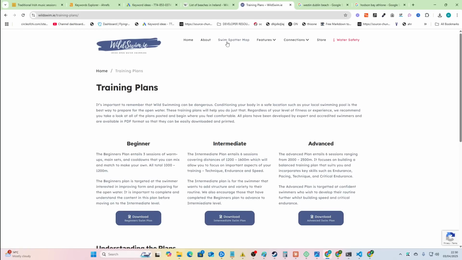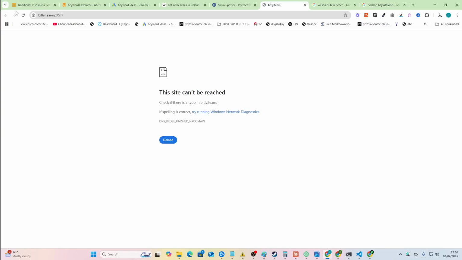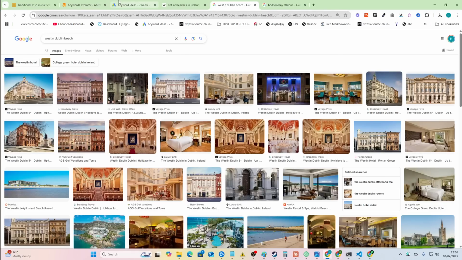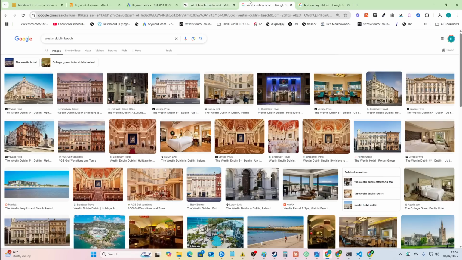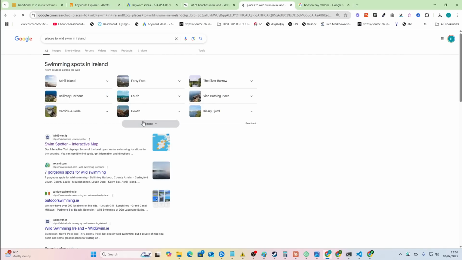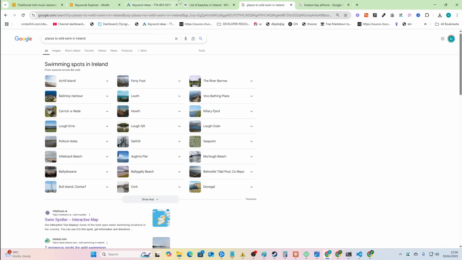You can actually see all they've got is a map, and each place doesn't have an individual page. And yeah, that also happens. Don't just look at their traffic and be like, "Oh my god, this is a terrible idea." Just trust me, it's a better idea than their website makes it seem, right? So actually, if we do places to wild swim in Ireland, then we have this list here as well. So we will add this to the list of